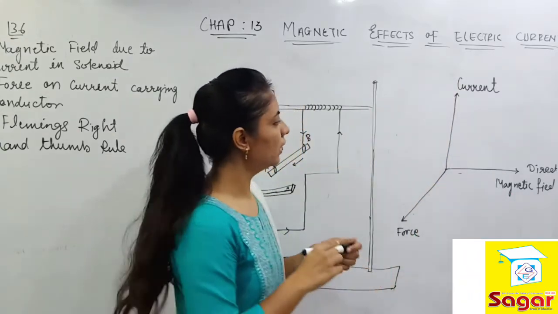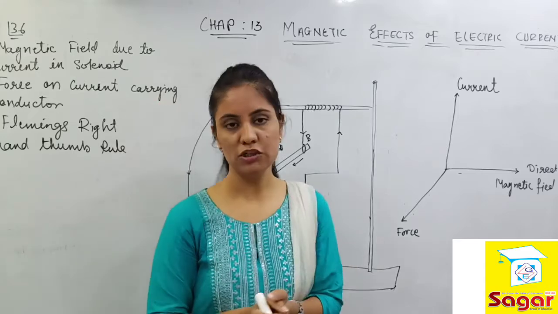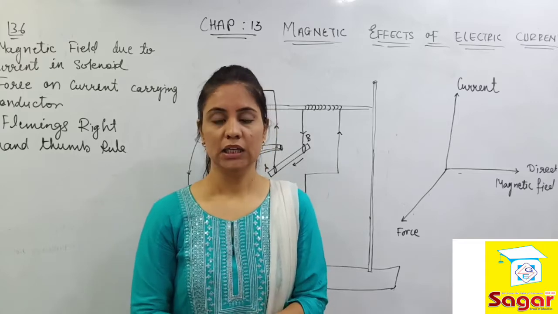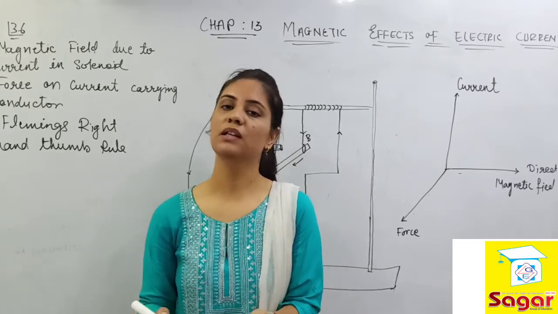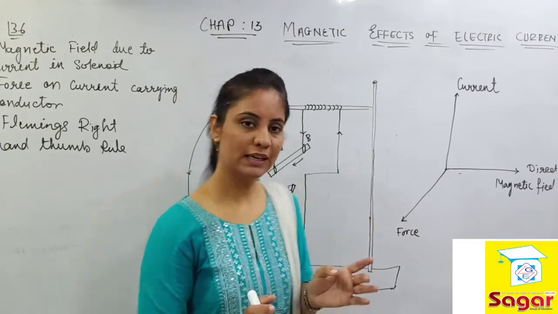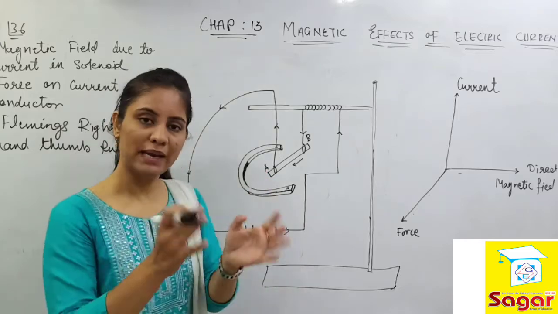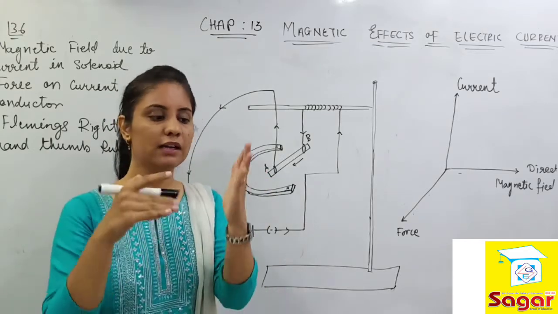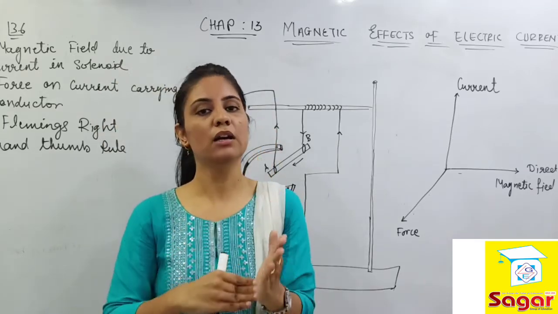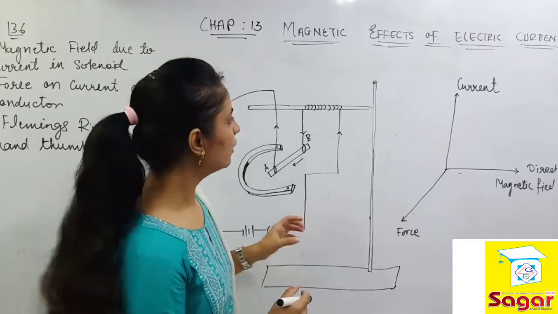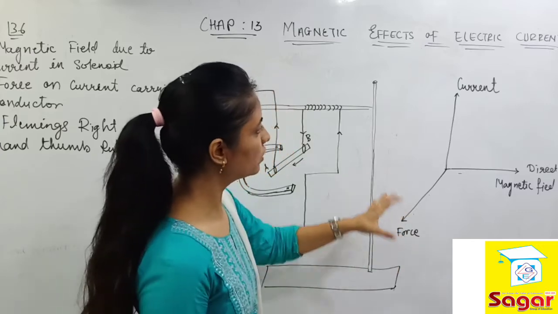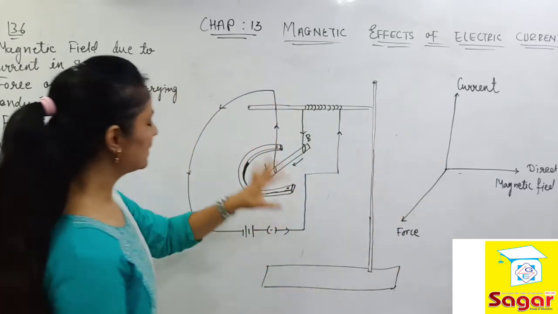Okay, so whenever you perform this kind of activity, make sure that the two directions we are applying are at exactly a right angle. Otherwise the force may decrease in magnitude. The rod will show maximum displacement if we make the direction of current and magnetic field fall exactly perpendicular to each other. So right now we can say that this is an unknown force which is acting only because of the current and magnetic field executed over here.